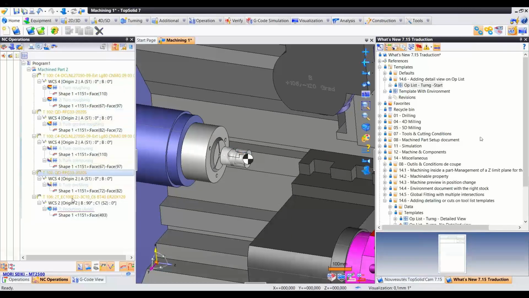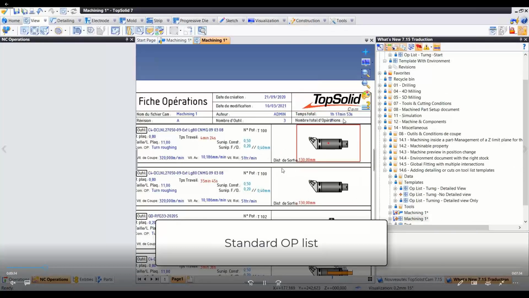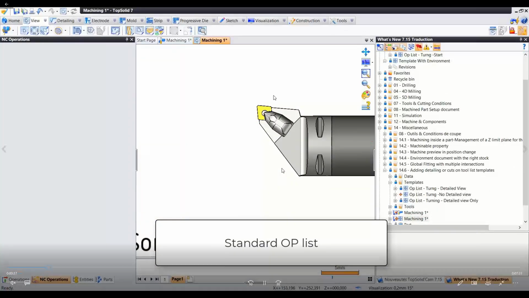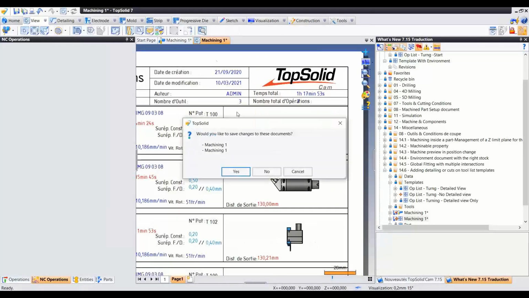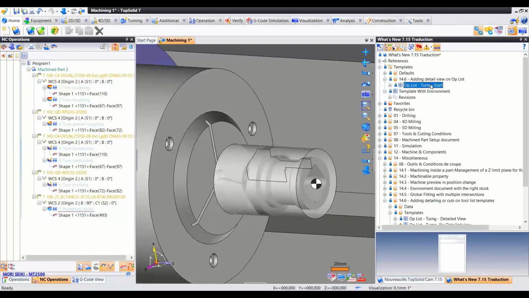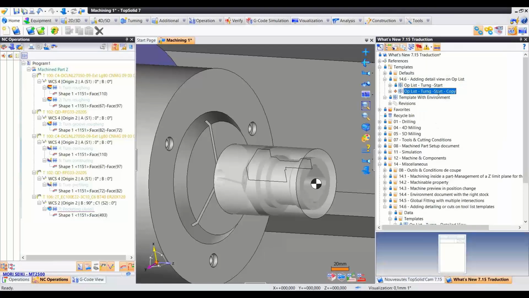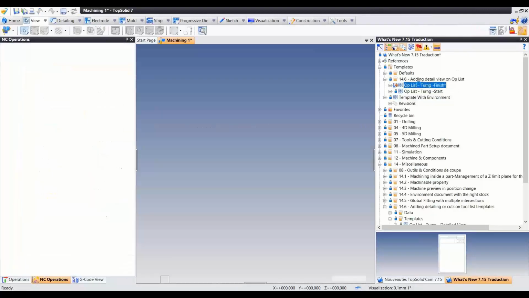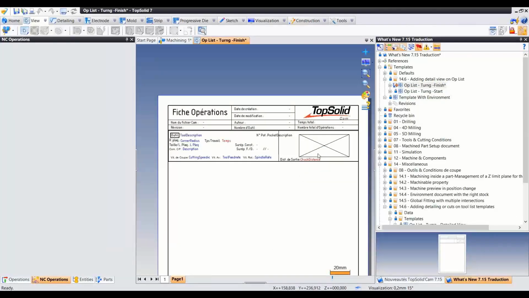All right, so we have our operations. Okay, so first of all, standard operation list, right? But we'd like to make it a little more obvious to our operators what's what. So we're going to copy and paste this. Okay, so now